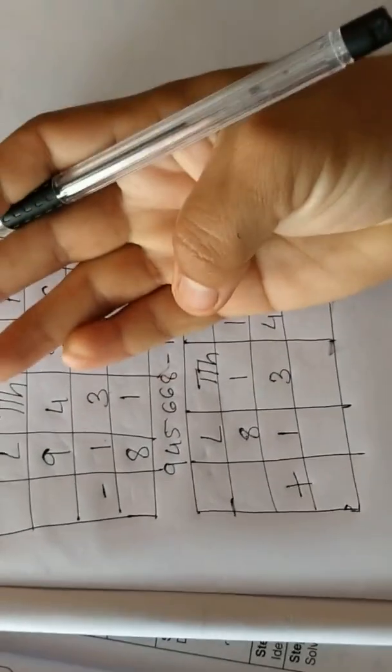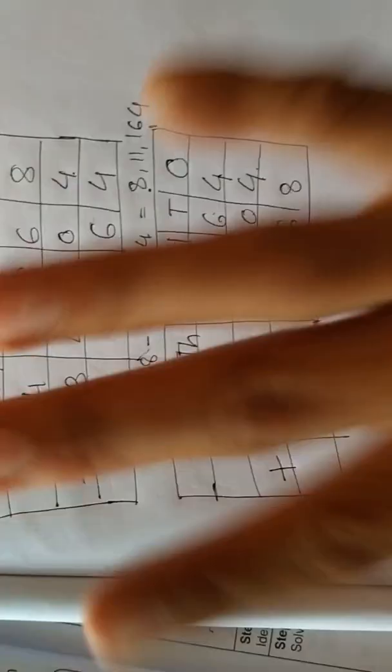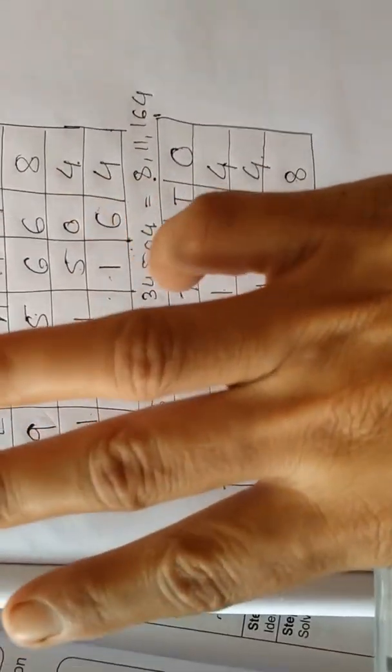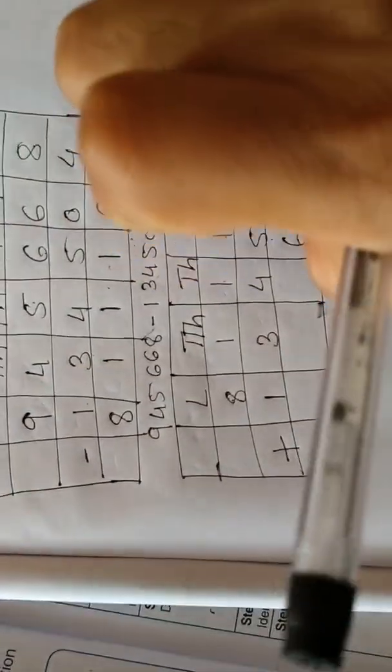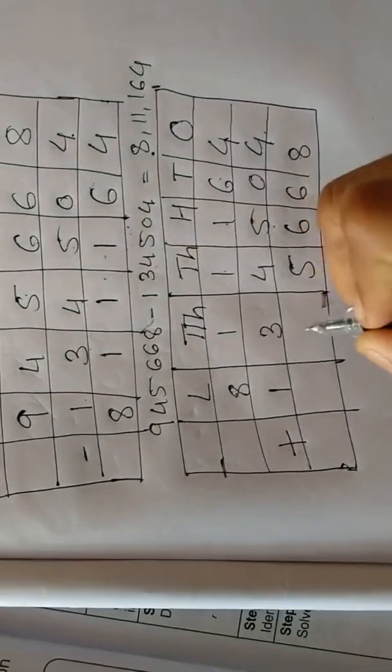your finger, 1 then 2 3 4 5 6. We have to write here 6. 1 plus 4, 1 on your mind, 4 on your finger, 1 then 2 3 4 5. We have to write here 5. 1 plus 3, 1 on your mind, 3 on your finger, 1 then 2 3 and 4. We have to write here 4.